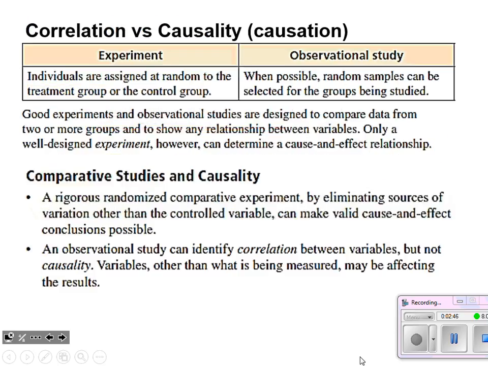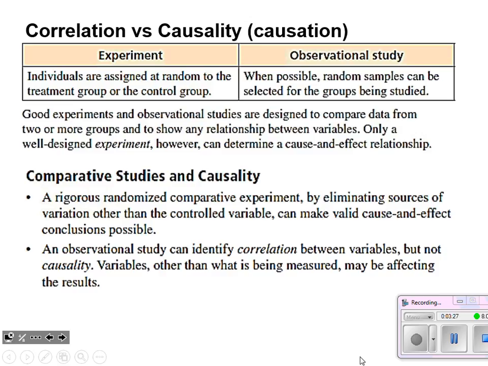Now, one of the major concepts in statistics is a lot of times when you hear the results of an experiment or a study or a survey, you want to assume that it is a cause and effect, that one thing is causing the other, when actually it's merely a correlation, two things that correlate to one another. So when we do an experiment, then we actually have the control there, right? We have our two groups, we have the one variable isolated. Then it is possible in that experiment to have a cause. So it's possible to have causality or causation, I'll probably refer to it as.